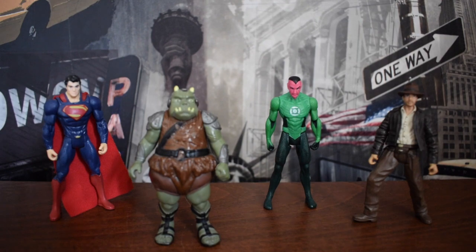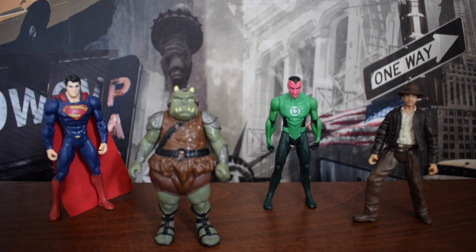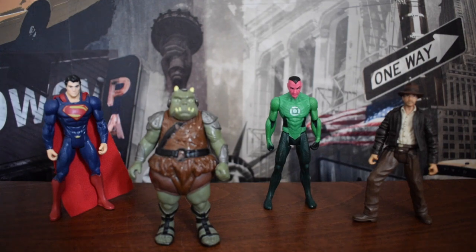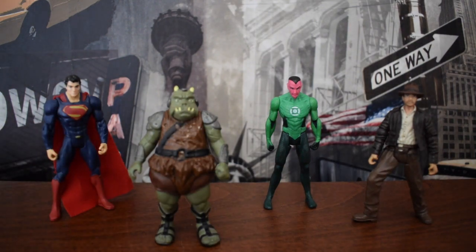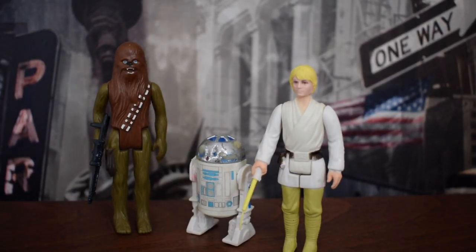Because 3 3/4 inches to most would seem a pretty random number, and there is a pretty interesting story behind that, and it has all to do with the original wave of Star Wars figures that were produced by Kenner between 1977 and 1985. With the release of the new movie Star Wars in 1977, which later became known as A New Hope, Kenner saw a great opportunity to produce action figures in the new 3 3/4 inch size, which